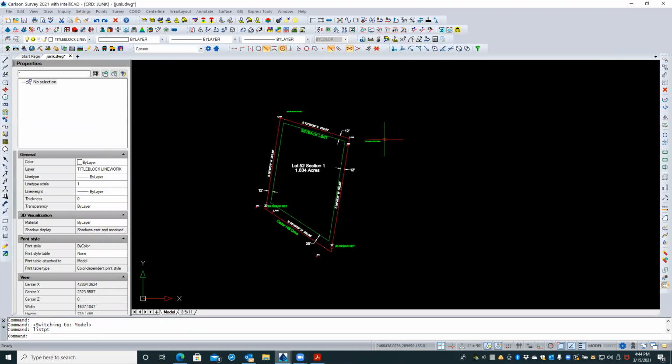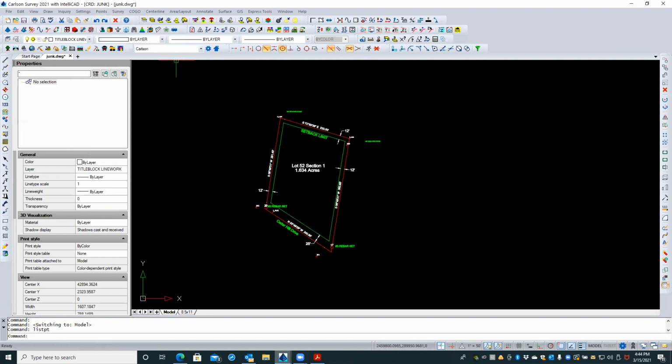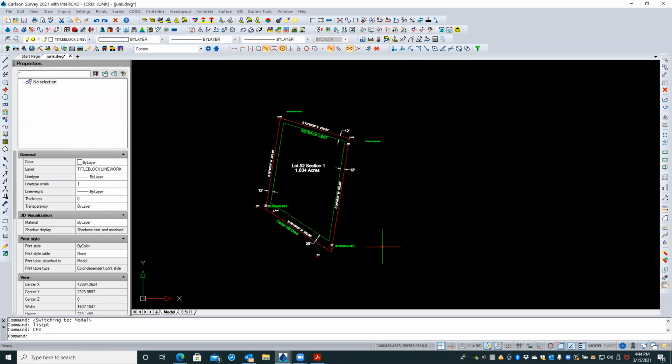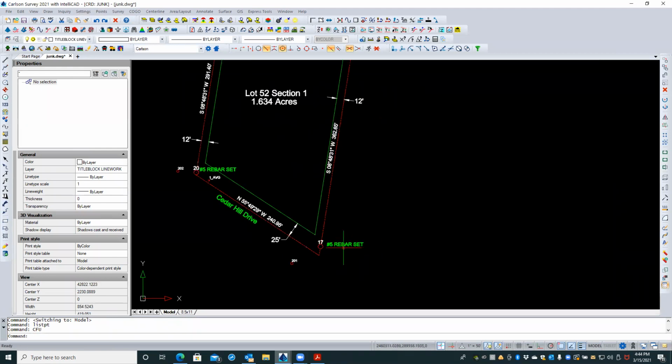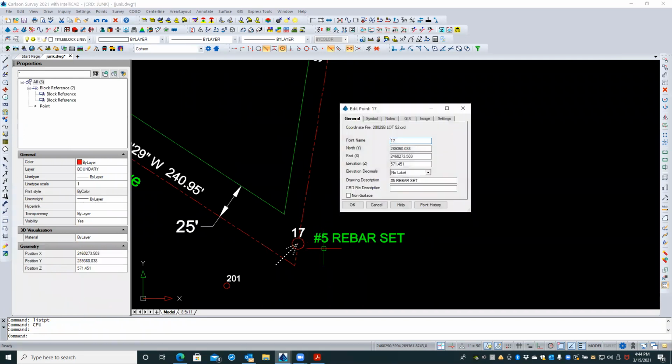So if I want to use these particular points and put them into a coordinate file, I have to use something like my coordinate file utilities and update my coordinate file from the drawing. Otherwise, they are still points. If I double click this number 17, that's edit point number 17, and here's its stuff. We'll call this one just a CRD file